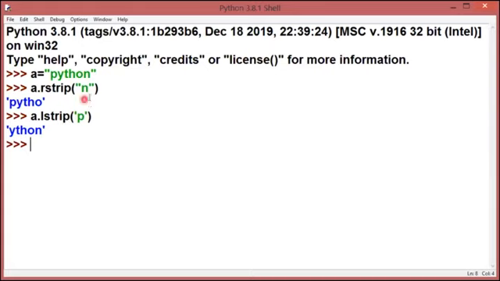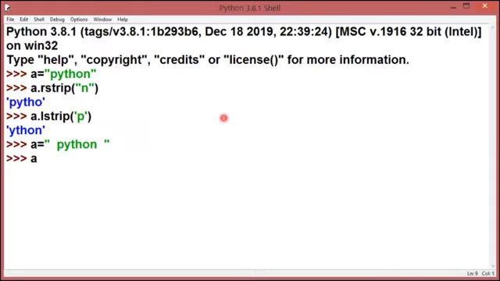So from the right hand side, if I want to remove something, we have the rstrip function. From the left hand side, if I want to remove any character, we have the lstrip function. Now one more variation is there. As we have seen, we are passing some characters inside our round brackets. But if I have a string in this way, please observe it. I am taking two spaces, 1, 2. Then I am writing Python. Then again I am taking two spaces, 1, 2. And I am closing my string, right?